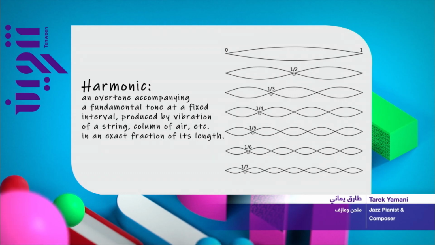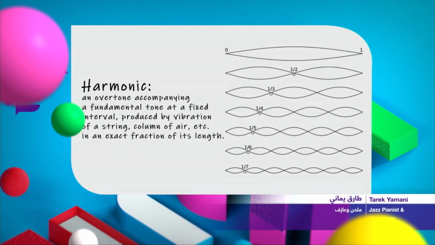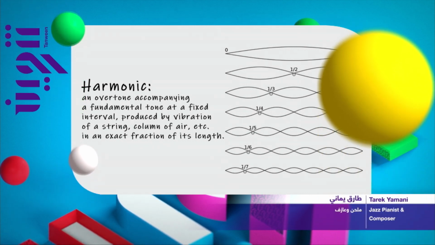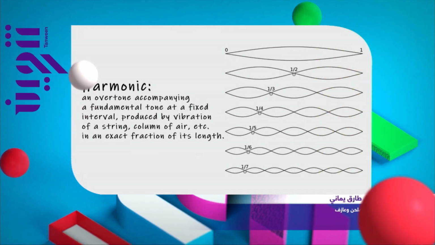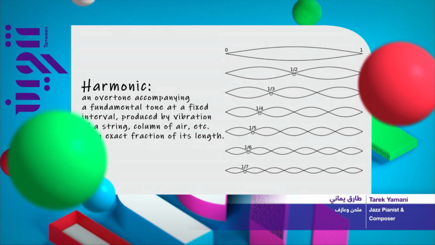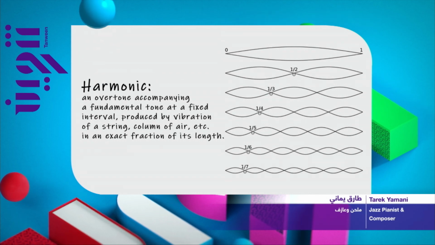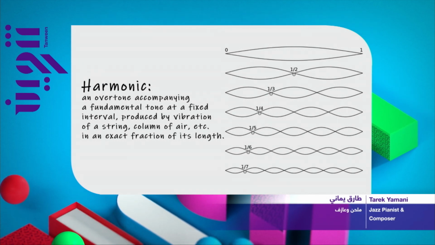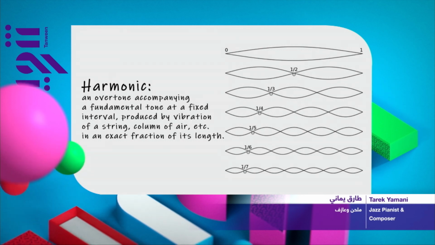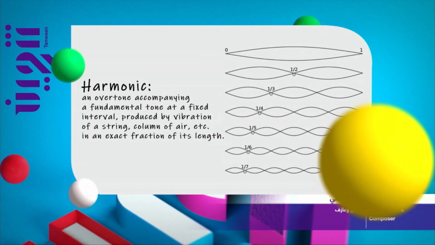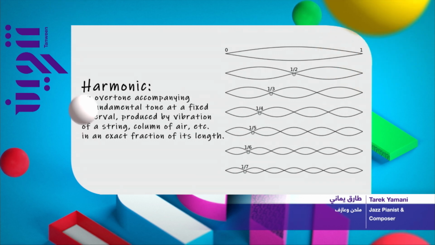If we have a string, a guitar or oud string, music is made by the string vibrating. And we all think that it's just a vibration. But what Pythagoras noticed 2,500 years ago is that the sound that we hear from the string is not actually coming just from the vibration of the whole string. The string is actually vibrating, like you see in the second line, as if there's an imaginary node in the middle of the string, and it's vibrating at exactly the same frequency on both sides.